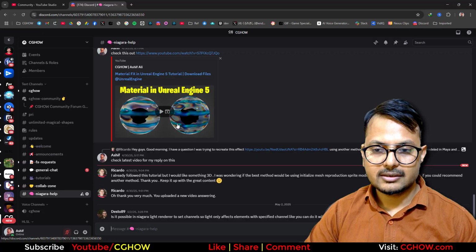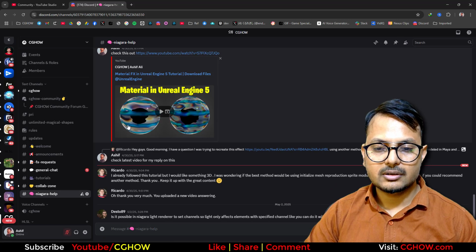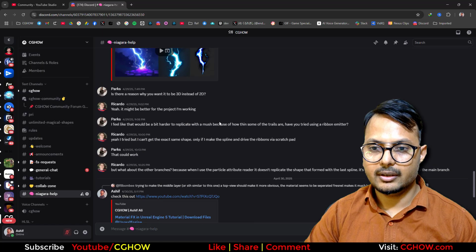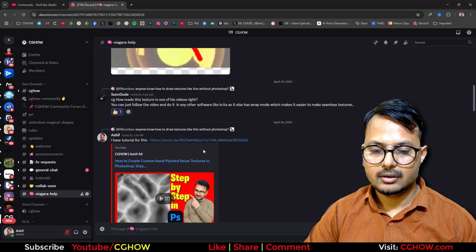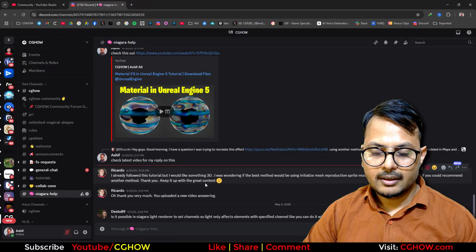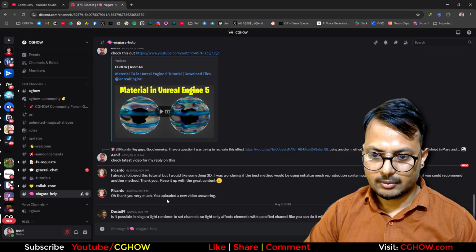Then this edge is another particle. This edge is another particle. So you will have 3D volume in it. You have to just split this thing. Don't do it in the single material. Like I think you want this kind of thing, not this. Can you please send me an image or any reference? You can upload a new video answering. Oh,